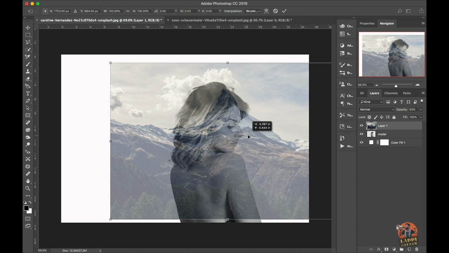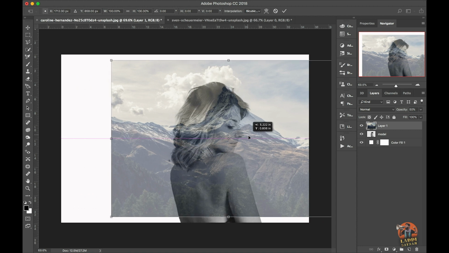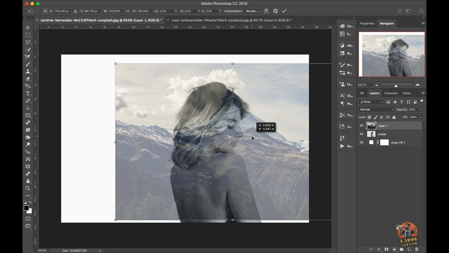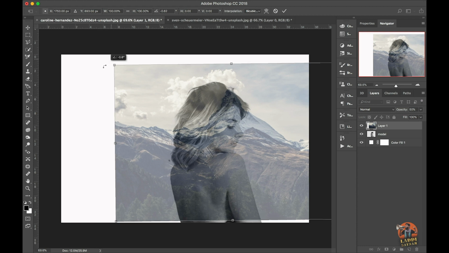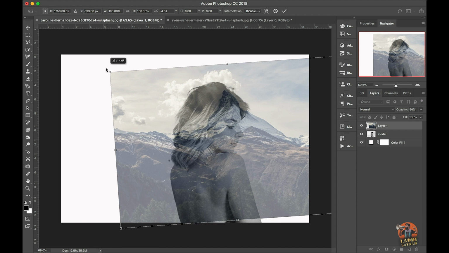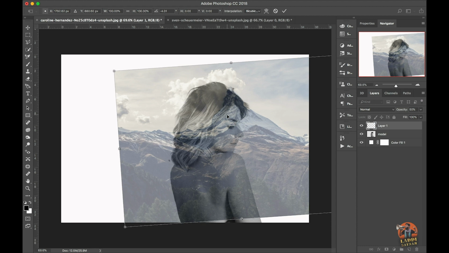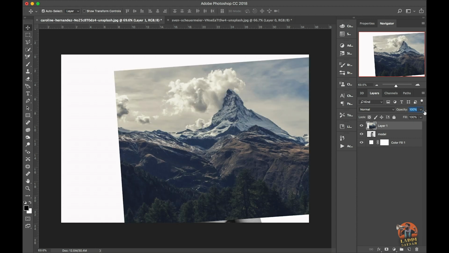Replace the image to fit where you want it. Change the opacity back to 100%.